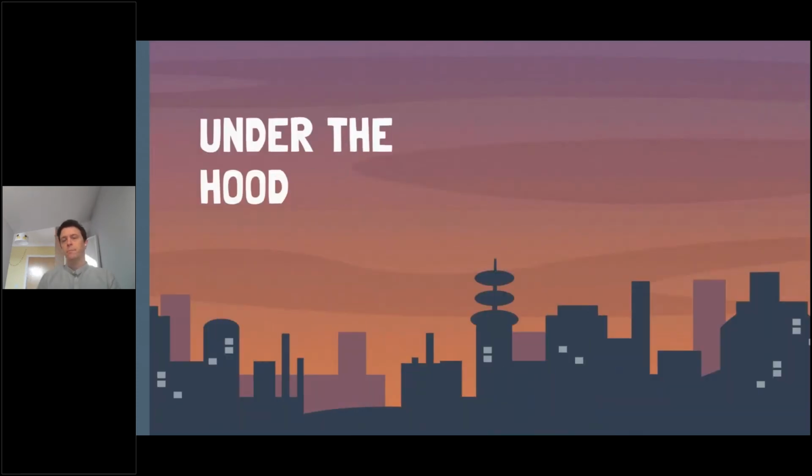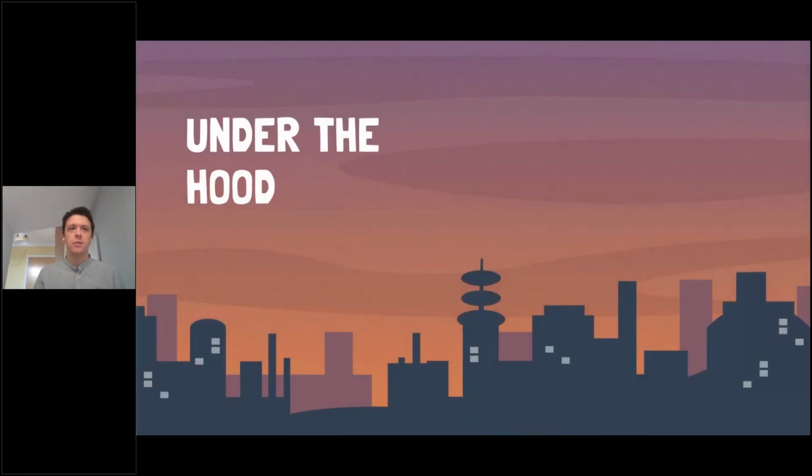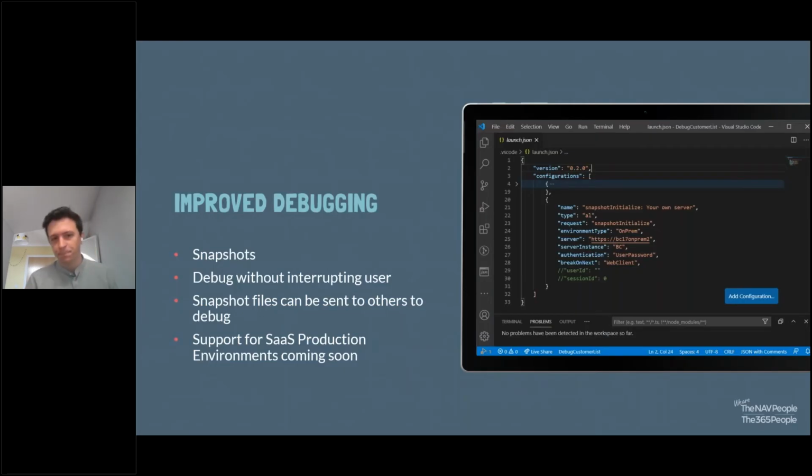Okay, so those are some of the frontline features. There's a few other features that we consider under the hood. This is really development tools and things in the engine of Business Central that have been improved in the latest versions. So this might get a bit techy. First, improved debugging. This is really important because for those of you on SaaS or looking to go SaaS, one